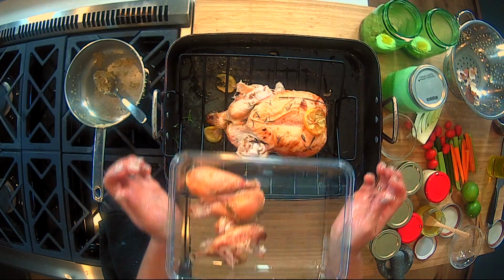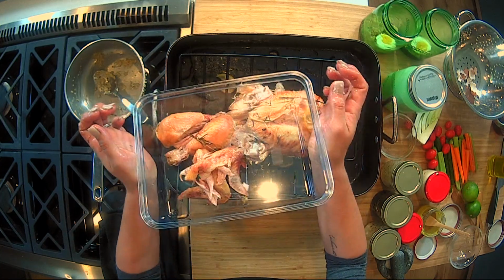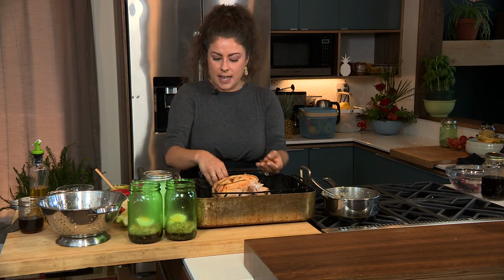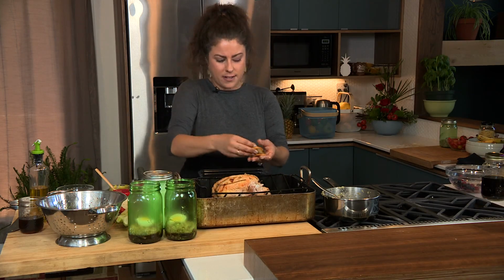And now I have a portion for dinner for later with the 2 chicken drumsticks and the 2 wings ready to go. And these lemons have lots of flavor. I'm not going to waste them. I'm going to put them to the side. And all the lovely juice in the bottom of this pan, I'm actually going to put it into a jar so that when I make my stir fry tonight, I can add those juices in with the stir fry